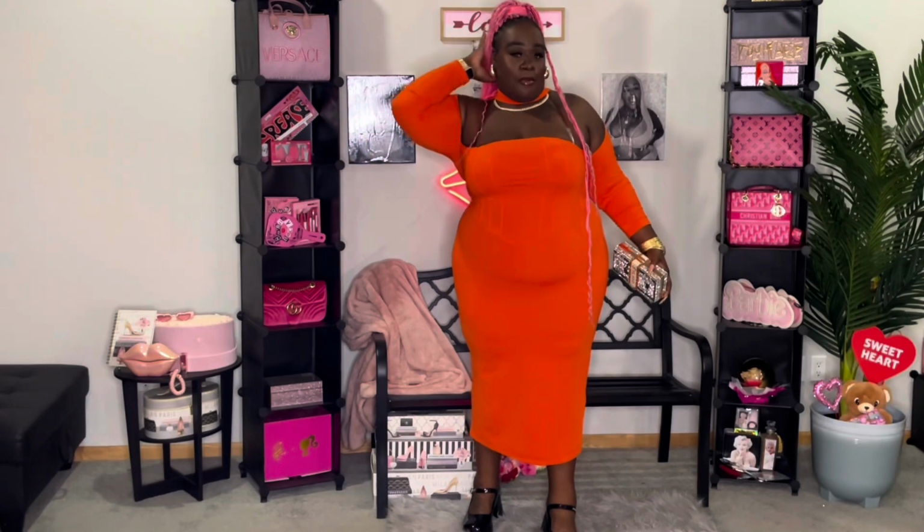The top, as you can see, is made to look like a corset bustier style, like it actually has boning in it, but don't worry. There's no boning in here, so it's not going to poke you, pinch you, or anything like that. This whole open chest area, baby, the wrong weather and you're catching pneumonia with this on. But, baby, that pneumonia is worth every bit of this slay. Let me move this ponytail, because I really do want you guys to get a full look of just the,